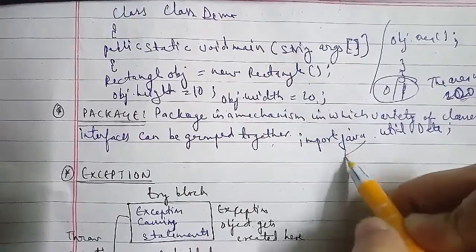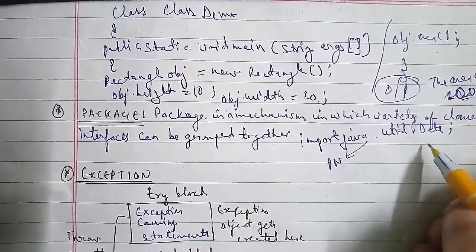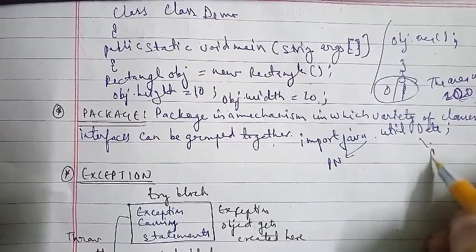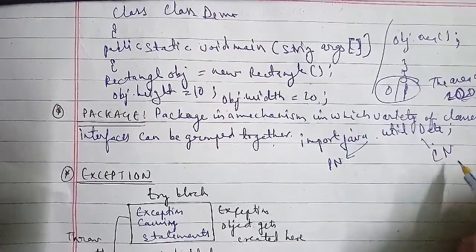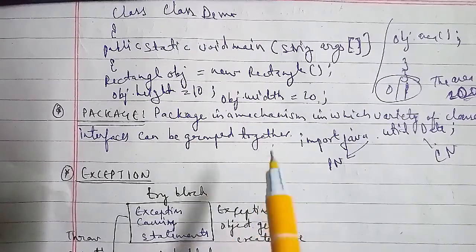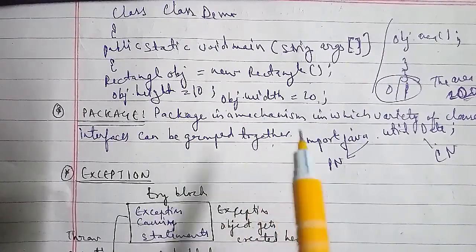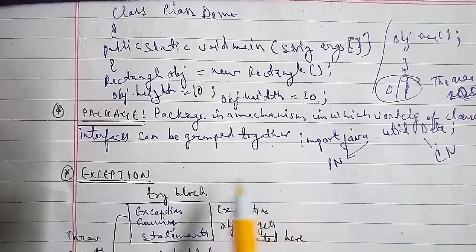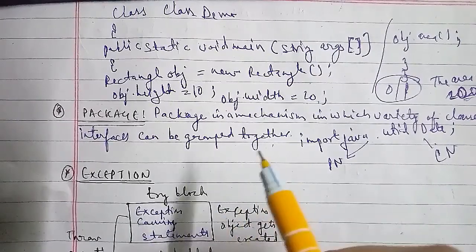The interface can be defined using the following syntax: access modifier, interface, name of the interface, then return type, method name, parameter 1, parameter 2, parameter 3, and so on till parameter n. Then the return type, method name 1 with parameter 1 and parameter 2. Then the type, static final variable name equals value as well.